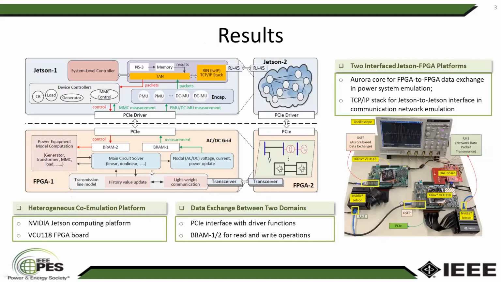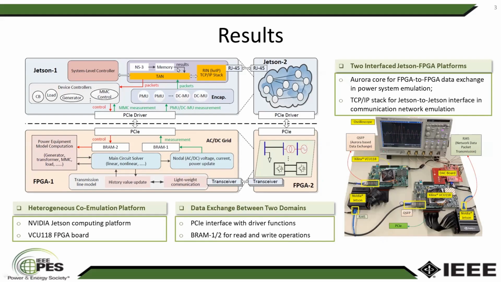As shown here, the heterogeneous co-emulation platform is composed of the FPGA and the Jetson board. The FPGA board is used for real-time power system simulation, which has already been used in many researches and products. The Jetson edge computing board is used for communication network simulation, which is mainly based on the